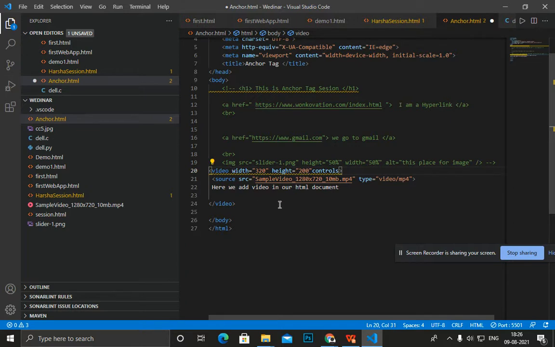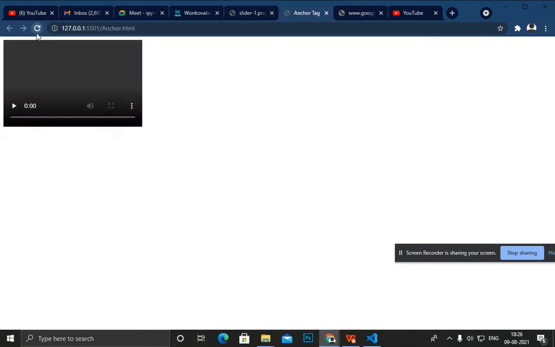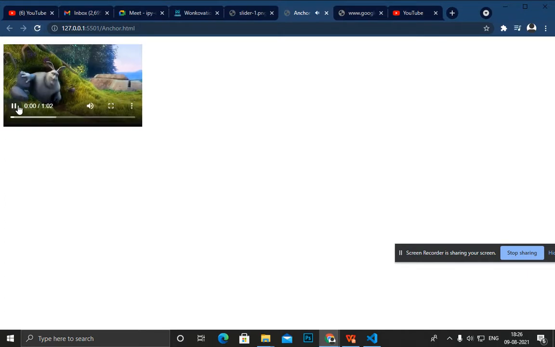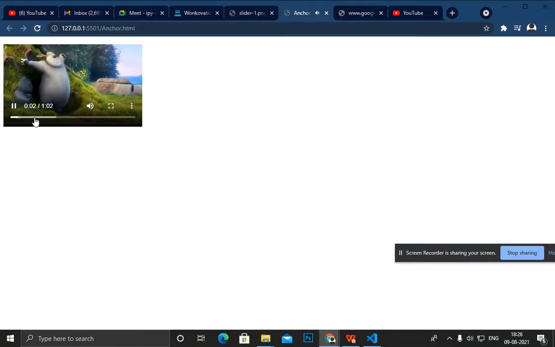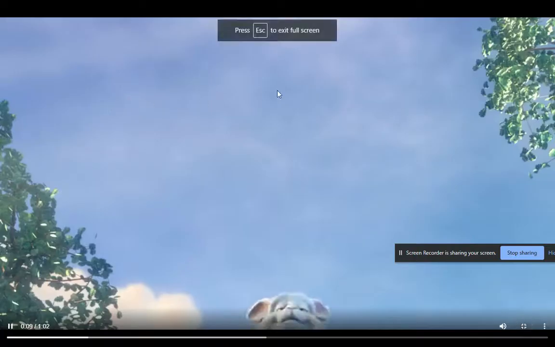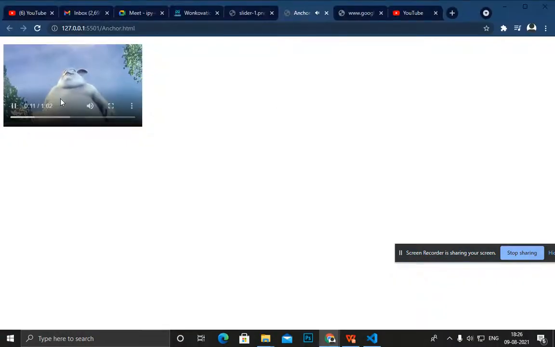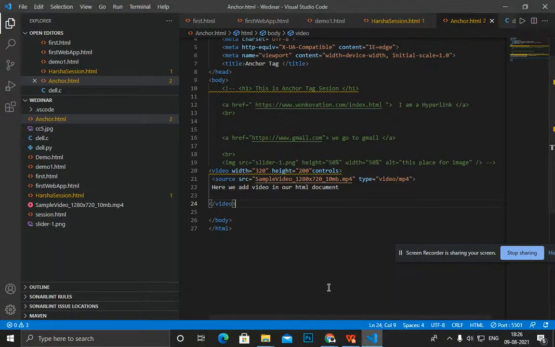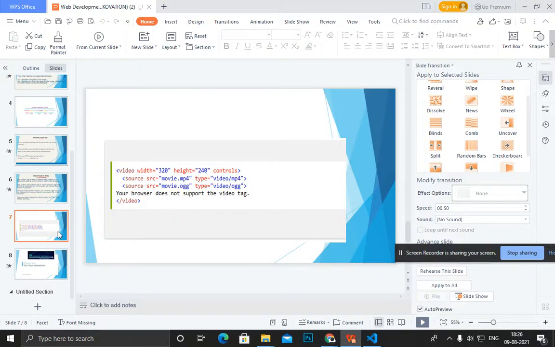Okay, let's save it. You see that this video is placed according to its size, and I just play it. Now this video is placed in my browser, and here I have functionality like sound. If I want full screen, it will be placed in full screen. This is all about it. Okay, so let's move to the PPT part.